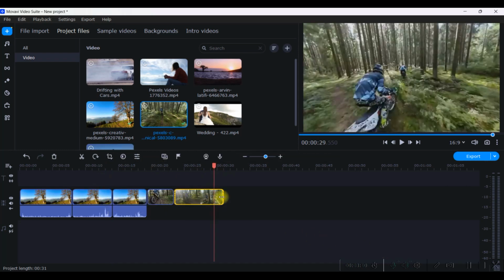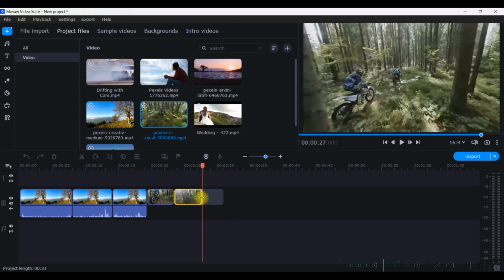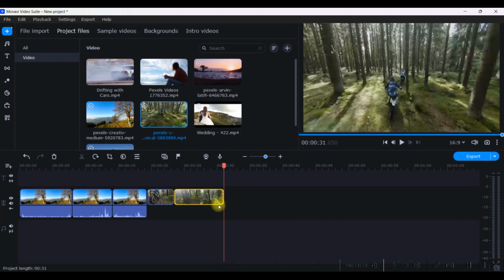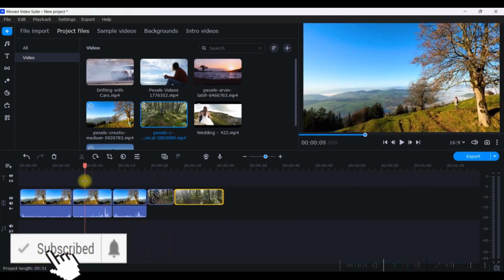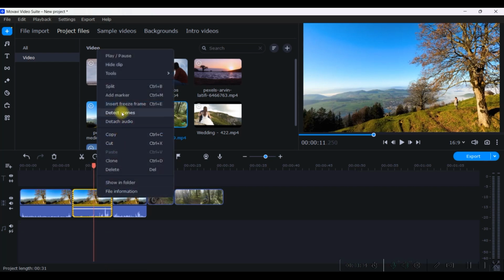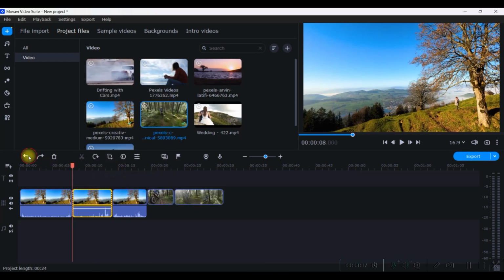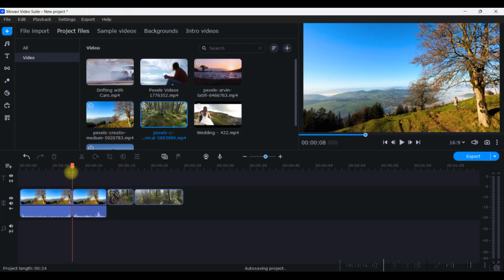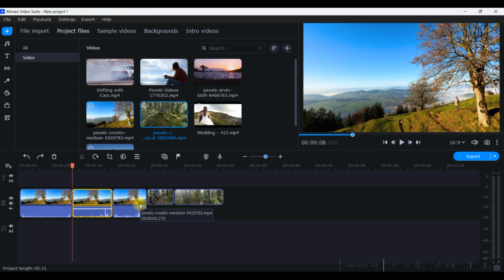Now how to trim a video, you just select it. It will have a yellow rim around it, and if you pull leftwards, it will shrink the video. If you pull it rightwards, it will enlarge the video. This is how you trim it. And if you want to cut a clip which you don't want, then you just select the video, right click and delete. This is one way. Another way is to select and press delete from the keyboard, or else right click and cut. These are the 3 options by which you can cut a video clip from your entire set of clips.